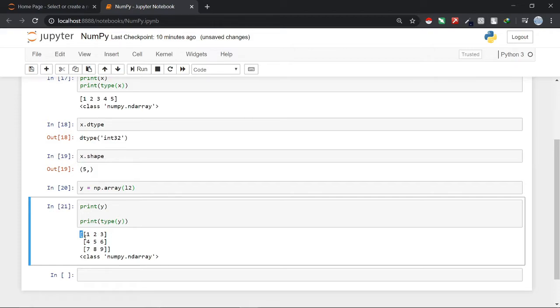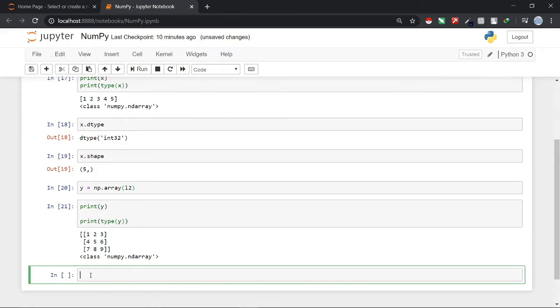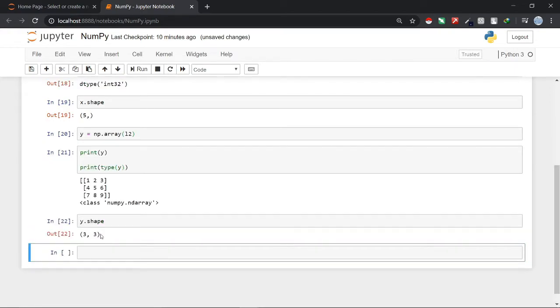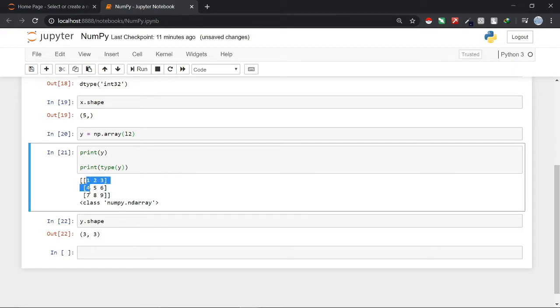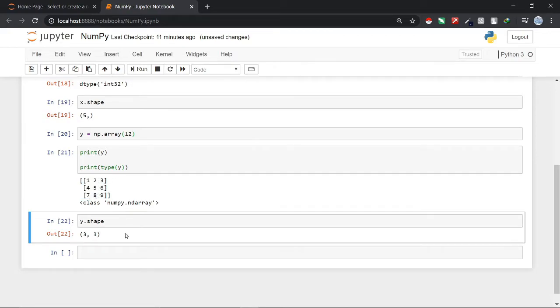You can also check it with the help of the shape attribute. So let's write y.shape here and run this command, and you can see that we get a tuple with two positive integers in it. It means that it is a 2D array, and here the first element represents the size of the rows and the second element represents the size of the columns. So it consists of 3 rows and 3 columns. We can also check it here that it consists of 3 rows and 3 columns. Up to now I think there is no problem understanding anything.